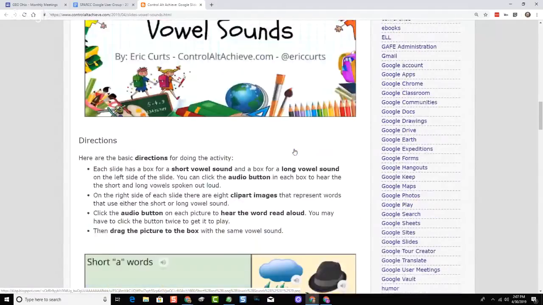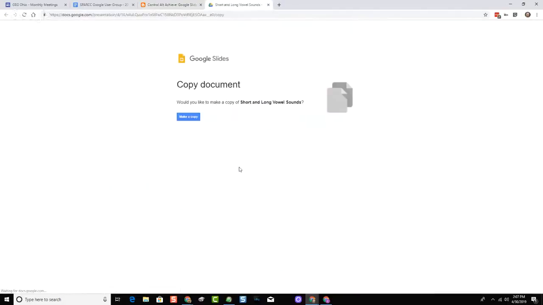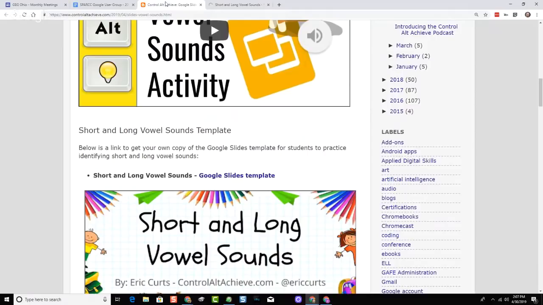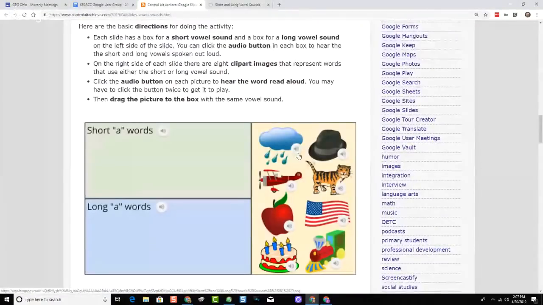Actually, I can show you this really quick here. I'll just make a copy of the template and show you. But here was the idea. I wanted the kids to be able to play the audio and drag the image over and drop it, and I wanted the audio to stay with it. I mean, I wanted to basically stick the recorded audio on the picture so that it was one item